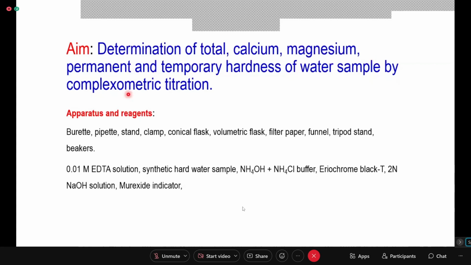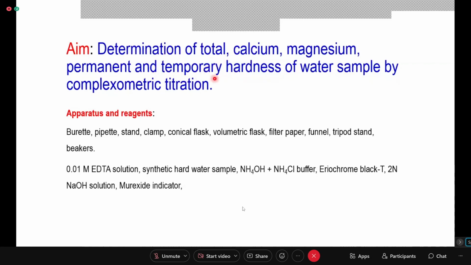Then you boil the water sample and get the permanent hard water. Now, when you determine permanent hardness, you can calculate total minus permanent, and you get the temporary hardness. And after getting temporary hardness, you can then calculate. The fourth part is a little tricky: how much is the calcium permanent hardness in this boiled water sample, and how much is magnesium permanent hardness. Once you find out how much is calcium and magnesium permanent, then you can find out how much is the calcium temporary and magnesium temporary.